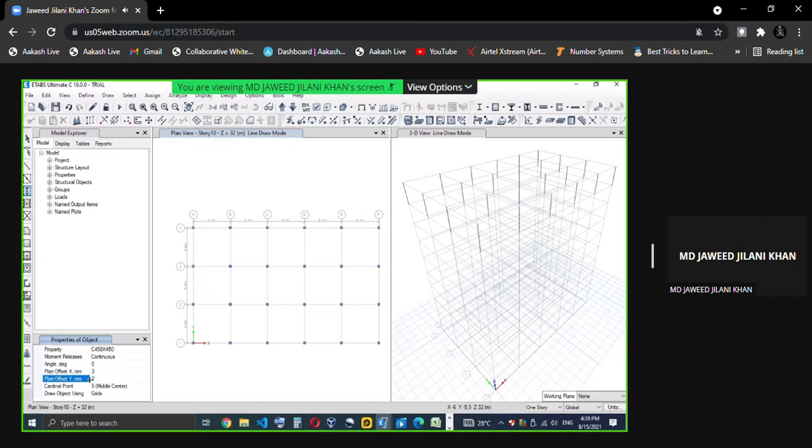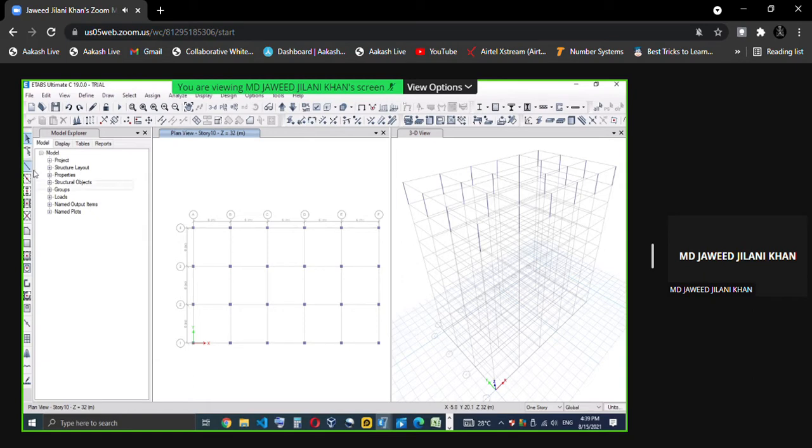I want to draw a column from this point. So you can see here this column. I want to draw a column from the grid point. So I can draw the columns. Off-grid columns also I can draw by giving these distances here. So this is how I can draw the column I want. So you are in the draw mode now. Whatever columns, this is how we can draw the column.